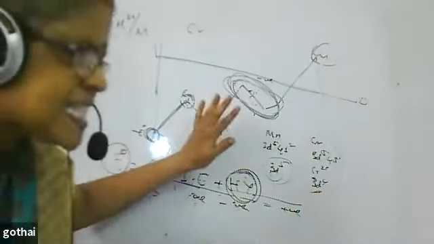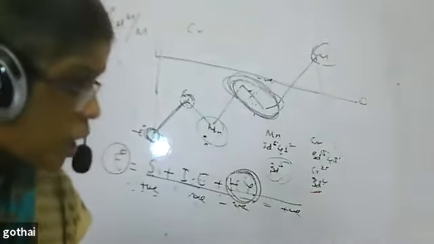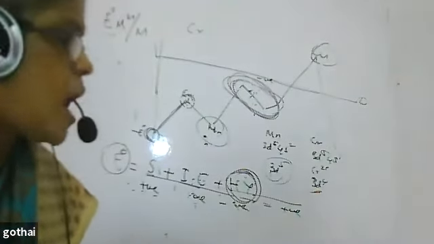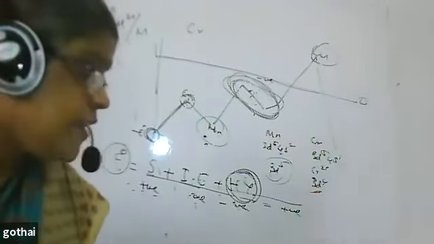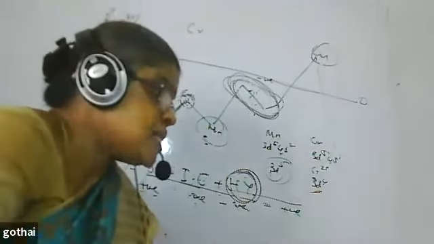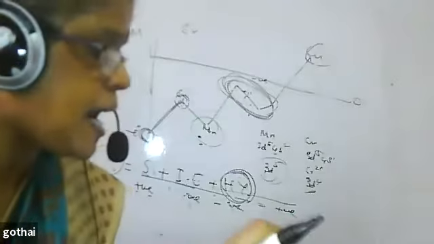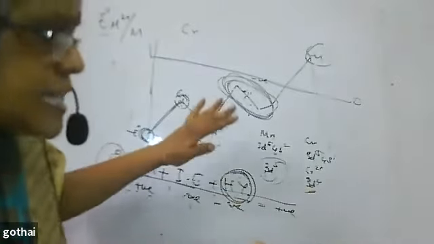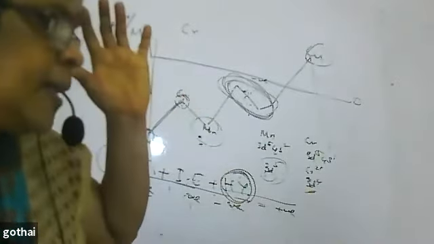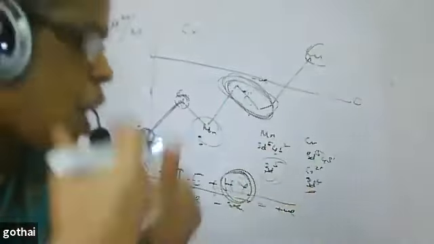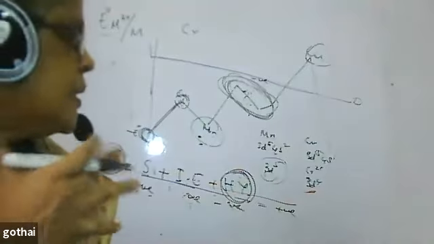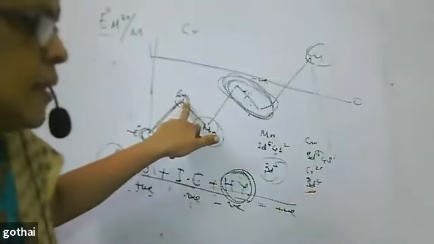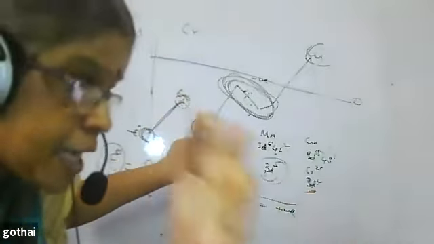If you understand this, there is one more thing: M3+/M2+. That I need not teach you. You yourself will account for it on your own, because don't expect the question to be asked. If you understand this in a better way, then for any metal, any oxidation state, you can account for it on your own. The question will not be asked, but I am making you understand.